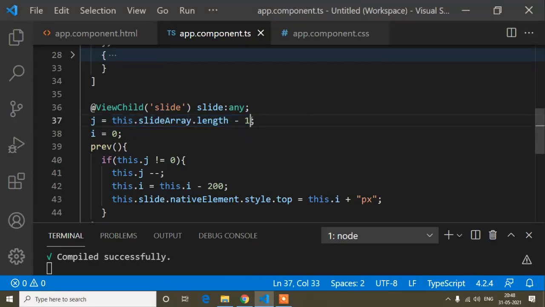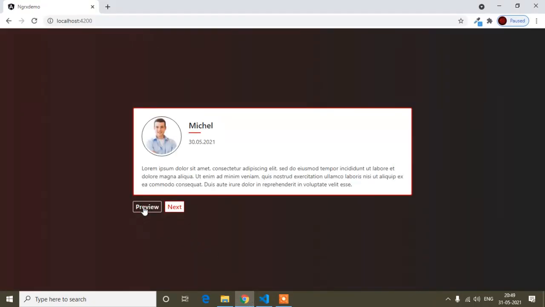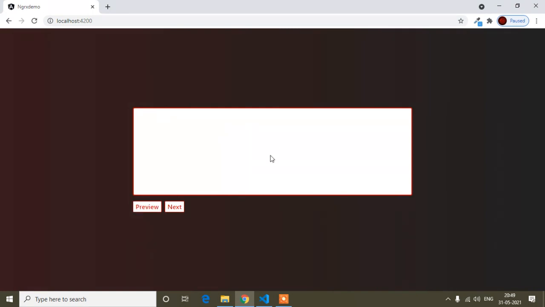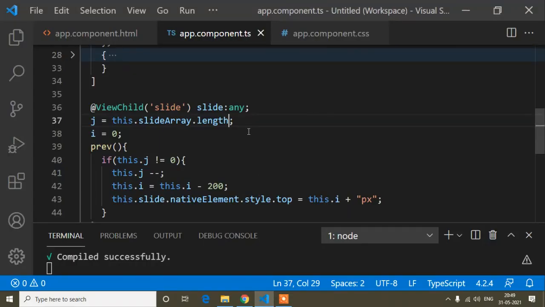But if I write only length here, you will find what will happen: when it reaches the length and I click again, it shows blank because it's the length, and after that it slides again. That's why it will be length minus 1.